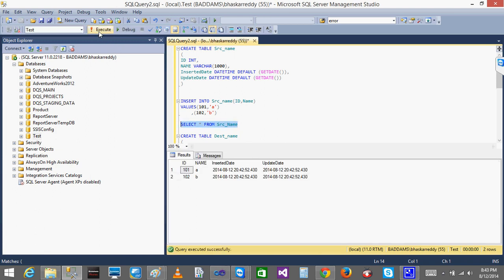Do it. When I do this, now I'll get two records, because I have given default. Even though I insert a value, it will show the time also here. Okay, my first scenario